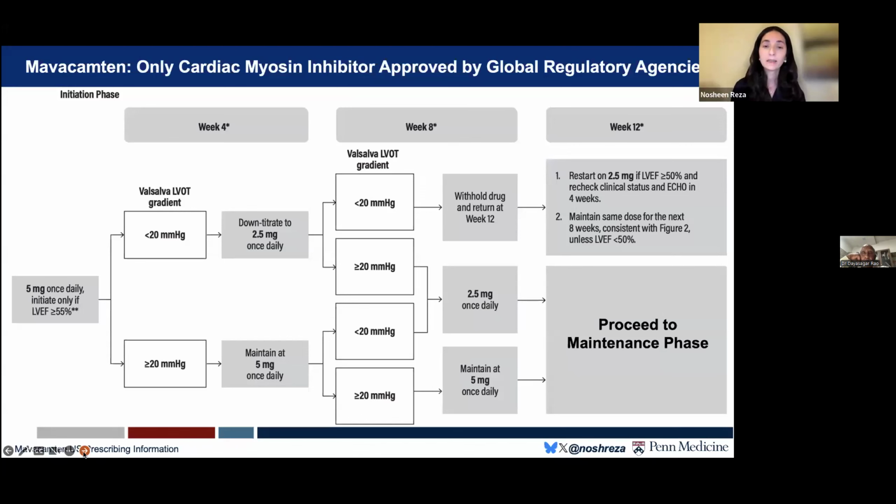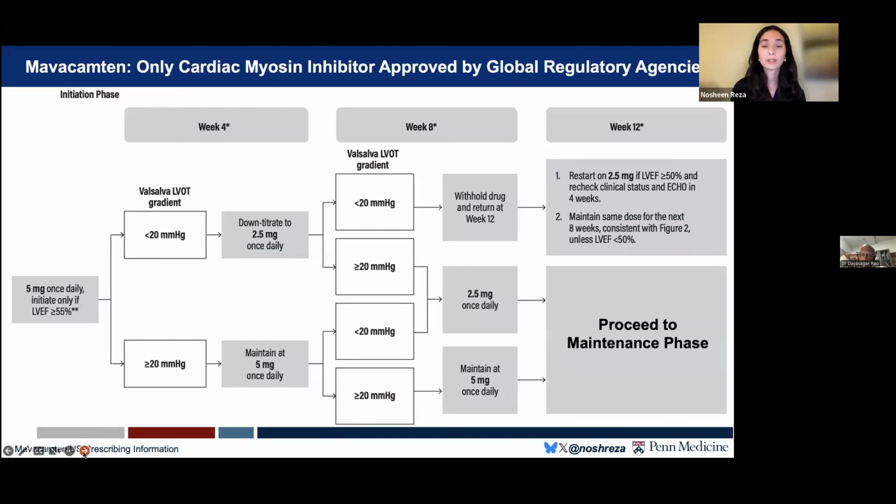United States. And this was provided in this capacity in what we call a REMS program, or Risk Evaluation and Mitigation Strategy program, because in the clinical trials of cardiac myosin inhibitor, and particularly mavacamten here, there was a small but important risk of decline in LV systolic function with treatment. And again, the nuances of that I'll save for another conversation, but given the risks of depression of cardiac function and systolic function and progression to potentially heart failure seen in the trial, which again was fully reversible with withdrawal